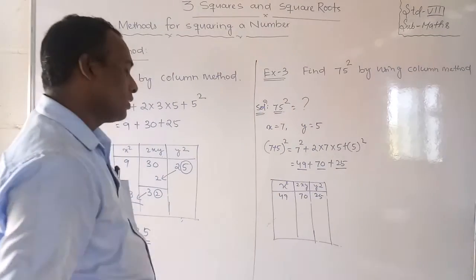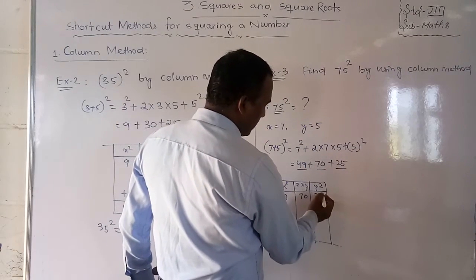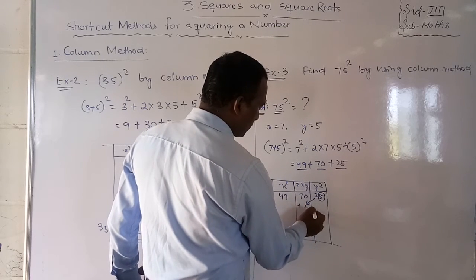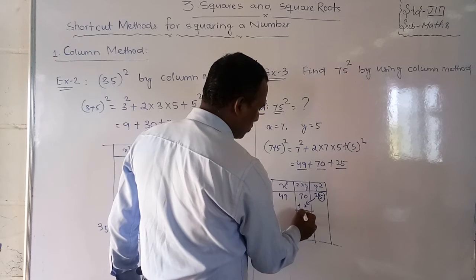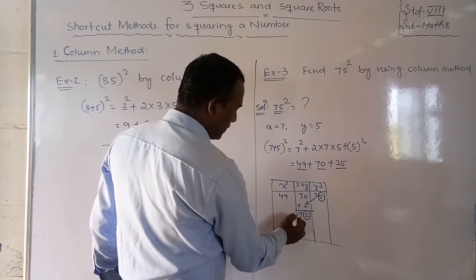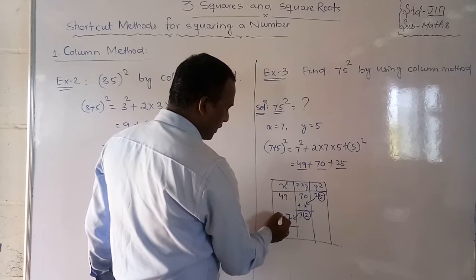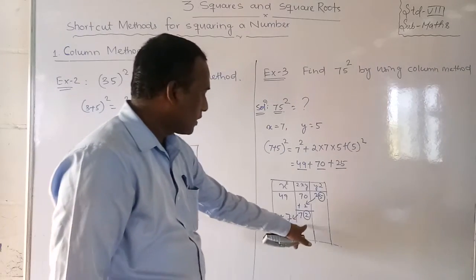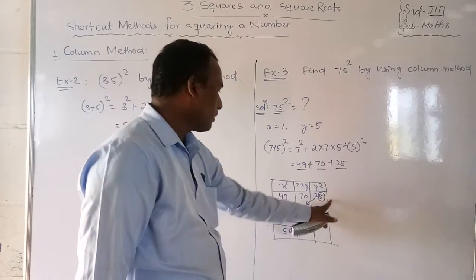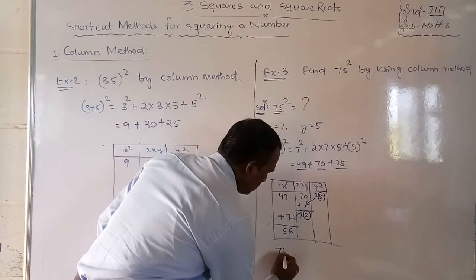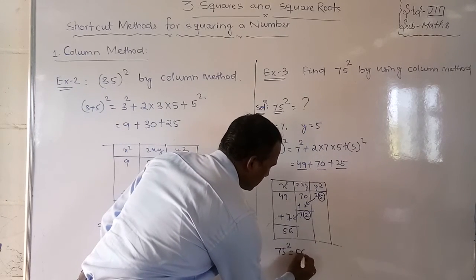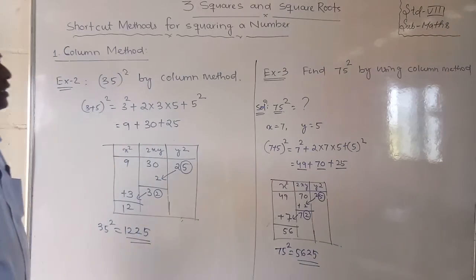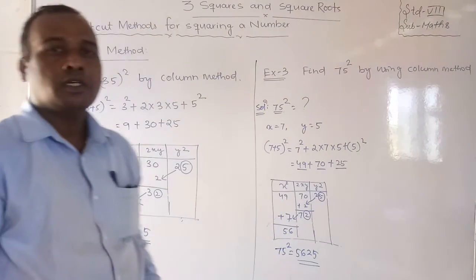So what will you do first, friends? After doing that, the values on the right side, the numbers you keep rounded, and this 2 bring here, add 2, 72. This 2 keep rounded, bring to 7 here, add 2, 56. So what answer did we get? This rounded value you write as usual, 56, 2 and 5. So 75 whole square is equal to 56, 2, 5. These are called shortcut methods for the column methods.